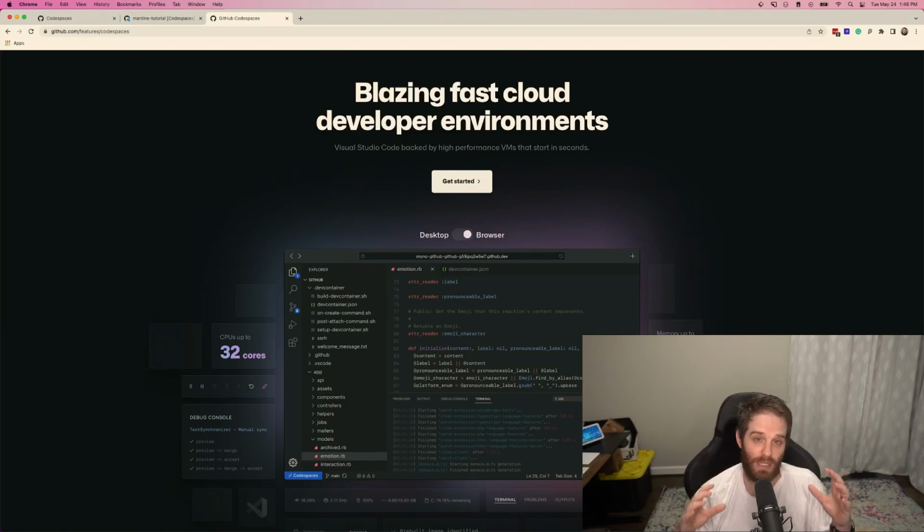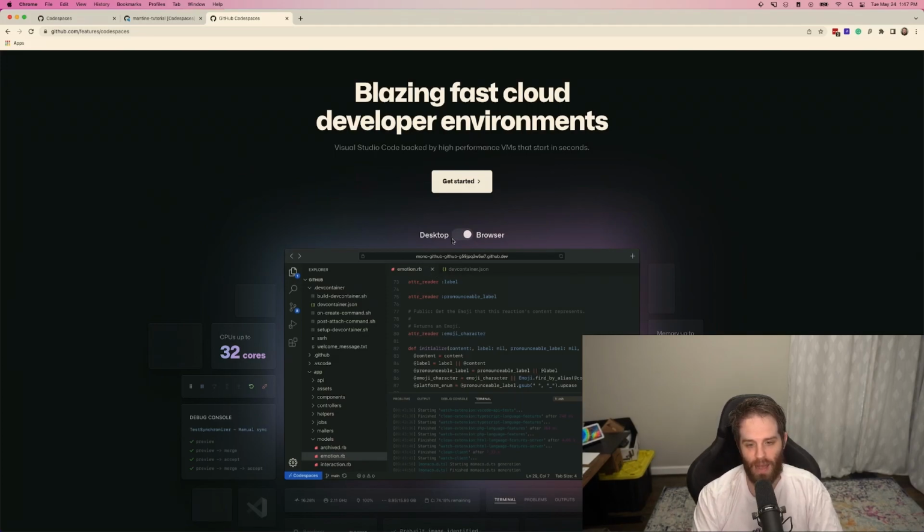Now, I just got invited to the private beta for this, but I think it's something that we should cover here. Now, if you've used something like Gitpod before, or maybe CodePen or StackBlitz, there's a lot of them out there. Gitpod seems to be the most popular at the moment, which allows you to do essentially the same thing. What's great about this is that, yeah, you can run it in a browser. So regardless if you're using an iPad, an Android tablet, an old PC, or a Chromebook, you can still have the performance of somebody with a Studio Mac.